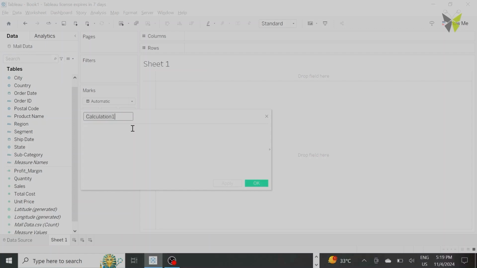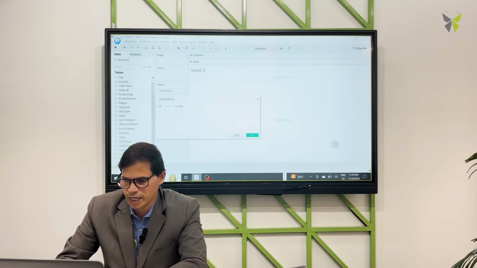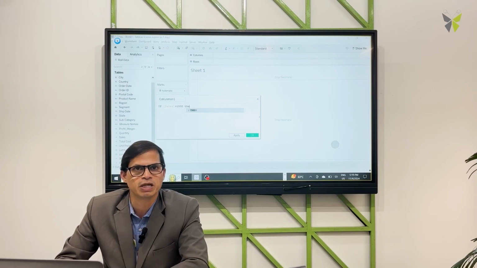Let us create an example where I want to say IF. It is prompting me in capital, so I will press the tab button. If the sales is greater than 1000, then